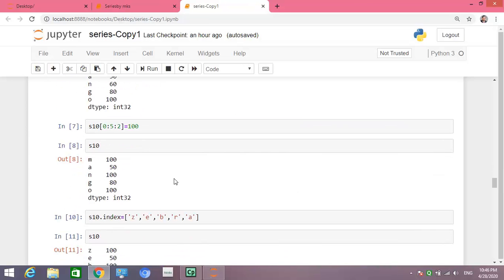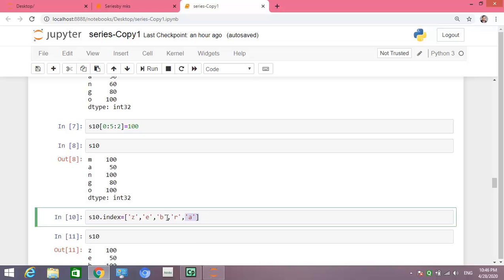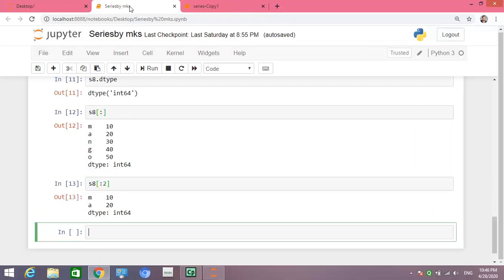Next, you can change the index also by writing like this. Suppose we write S8 dot index equal to.